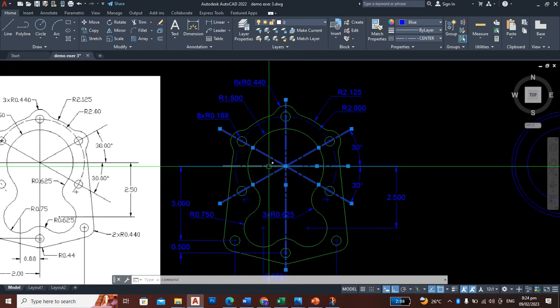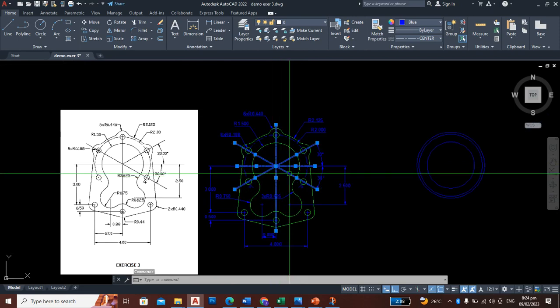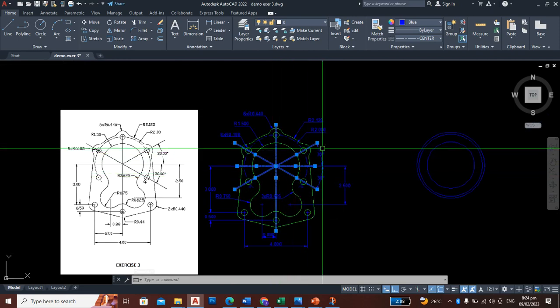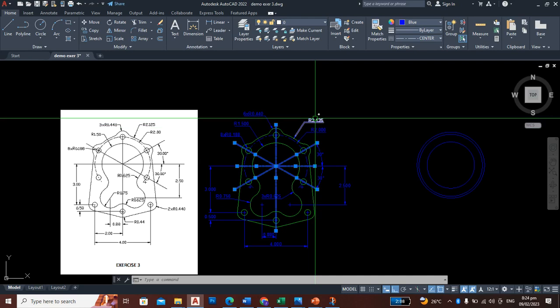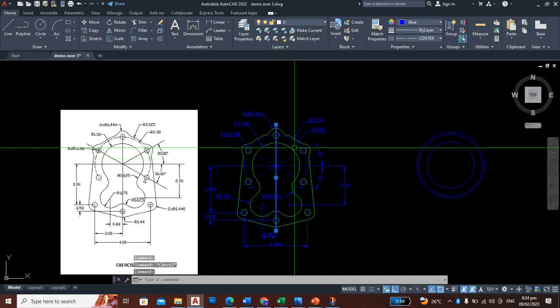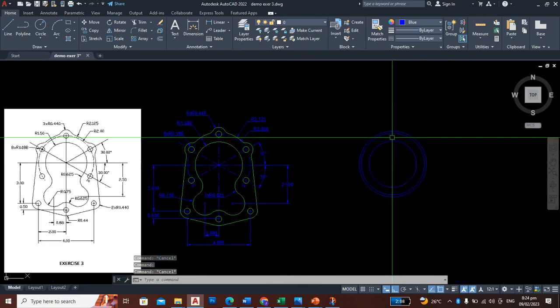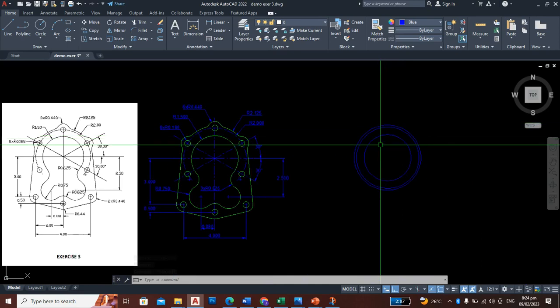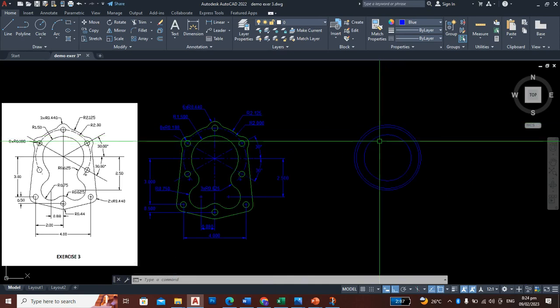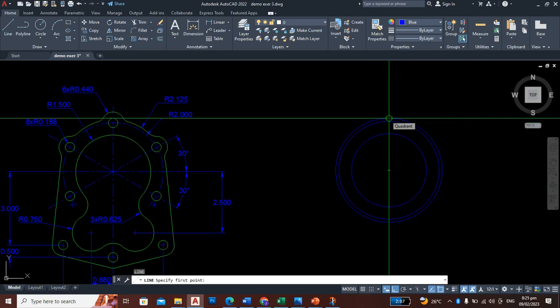So we will draw this line also. We start with the longer center line, this one. So just estimate, for example, you start from here,